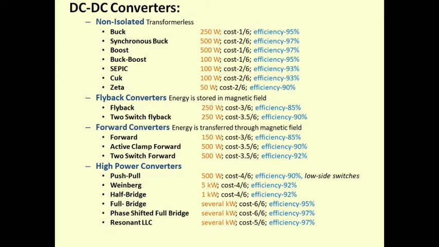Whenever we are stepping down the voltage, it is known as a buck converter. Whenever we are stepping up the voltage, that means the output voltage is more than the input voltage, then it is a boost converter. Then we have buck boost over here, right? Now all these converters after this buck boost are all buck boost type. That means we can either have a step up voltage or a step down voltage. So all these DC to DC converters are buck boost type of converters,